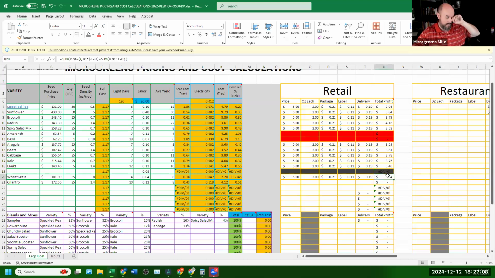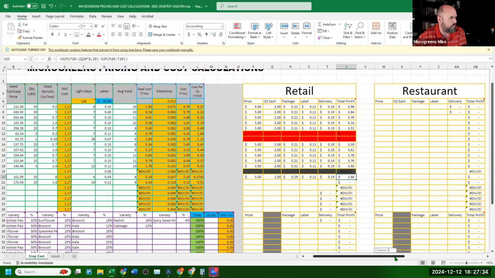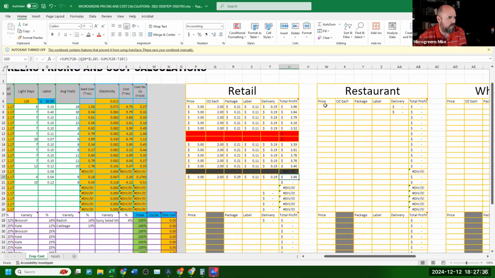So in the wheatgrass, we're making $3.94 per 5x5 basically on that. The label's still 11 cents. The packaging on that would be different, so that is 29 cents per package. But you can see the labor's a little bit less because you don't have to go through and harvest it and pack it and do all that stuff. So still making $3.86 per 5x5 on that. Pretty good profit. So now we're going to roll over to our restaurants